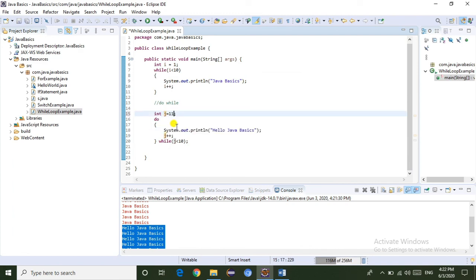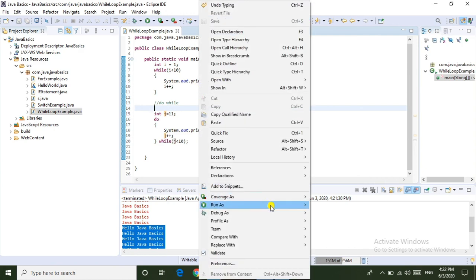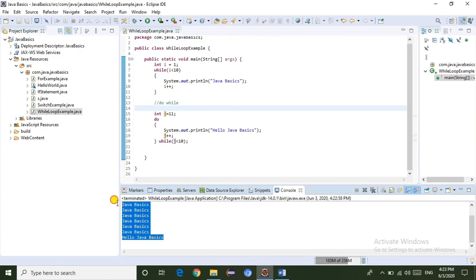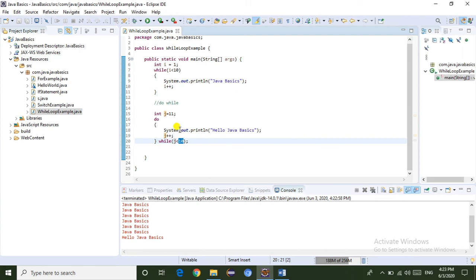Suppose I initialize j equal to 11, that means 11 less than 10, so the condition fails. In this situation, the do while loop executes hello Java basics one time. Now I am going to run the program. Here, if you observe, hello Java basics is printing one time, because even though the condition fails, the statement executes at least one time.